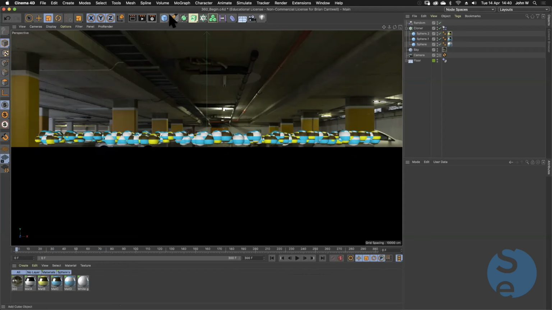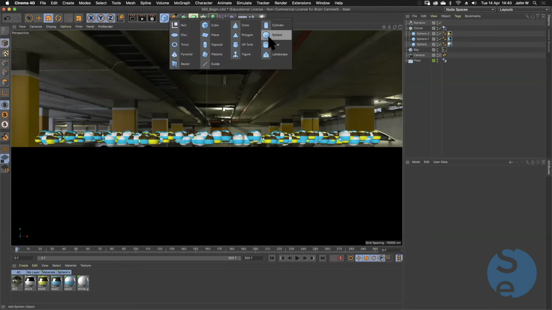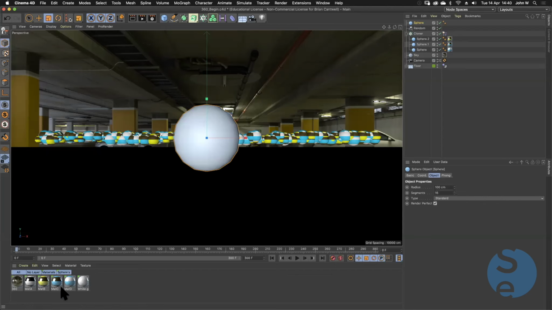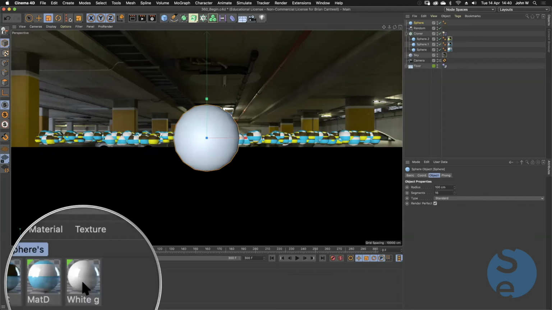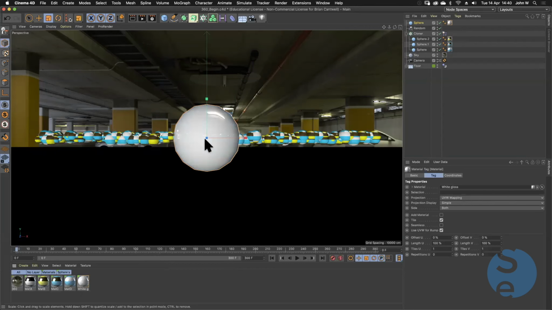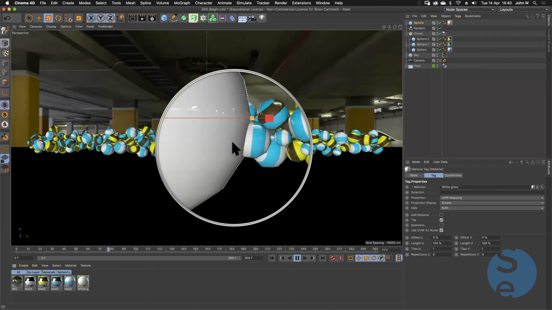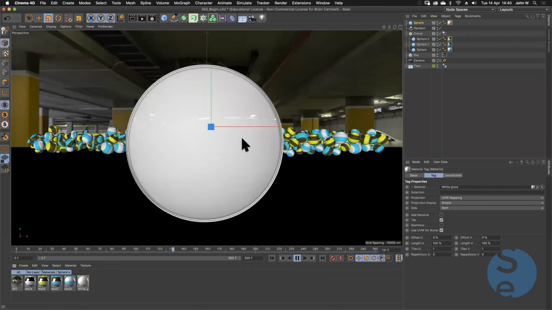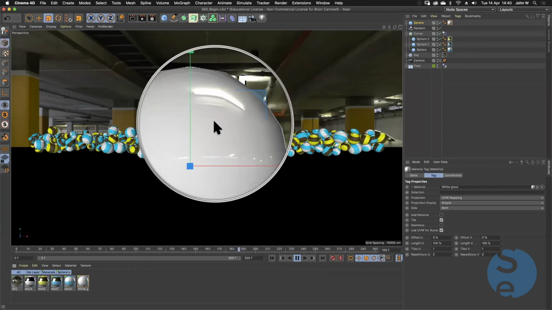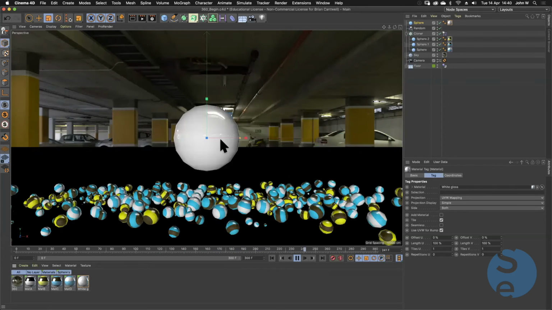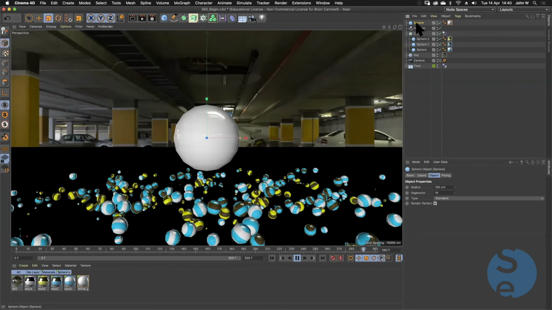I'm going to make myself another sphere. I'll just leave it the default size, and I'll go and add this white material onto it. Now at the moment, when I play this back, the sphere doesn't have any interaction with the little spheres. That's because it doesn't have any dynamics on. So on this sphere, which I'll just rename to